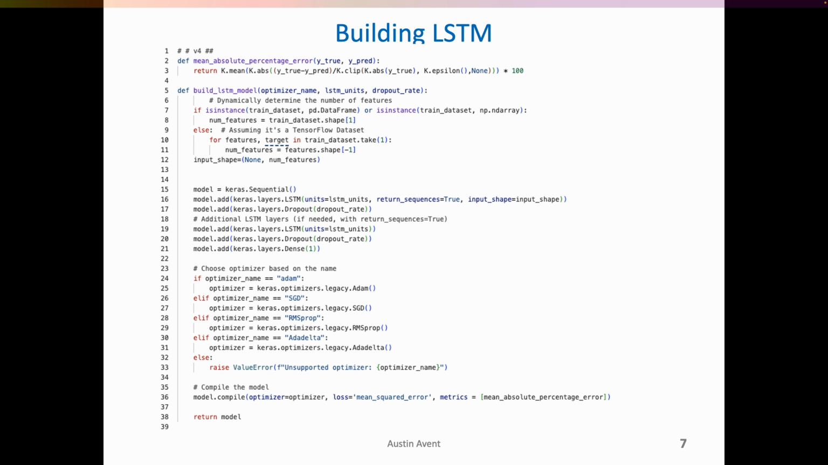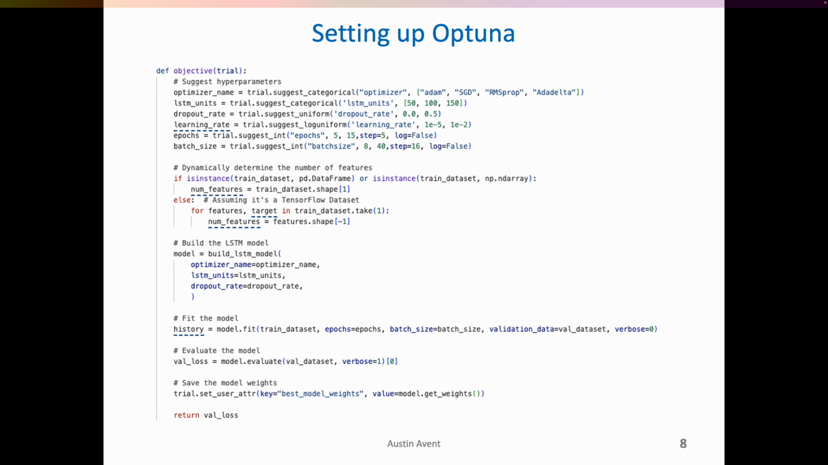And so you see the optimizer name, LSTM units, and dropout rate are all parameters that Aptuna is going to use. And so this is when Aptuna starts coming in. We have this objective function, and we have all these suggestions for optimizer name, LSTM units, dropout rate, learning rate, epochs, batch size. And what Aptuna will do is it will go through each, not necessarily each combination of them,